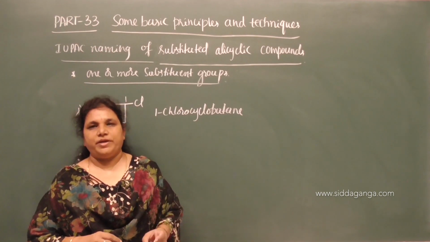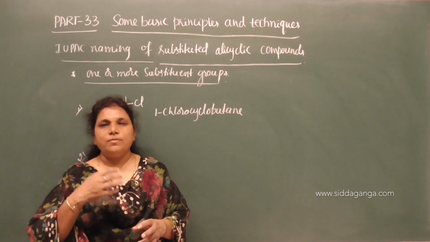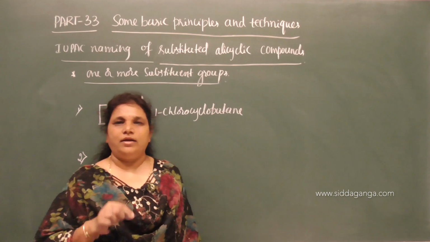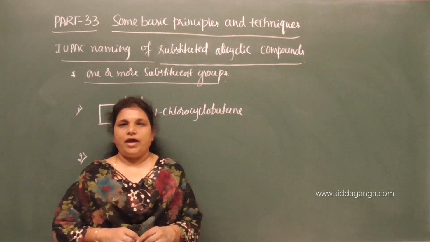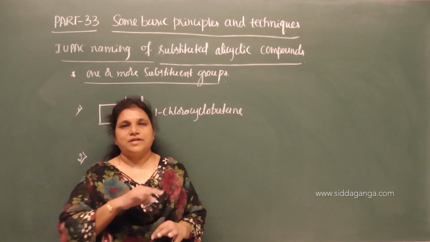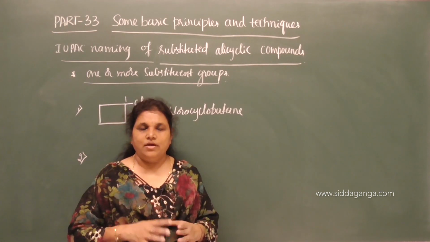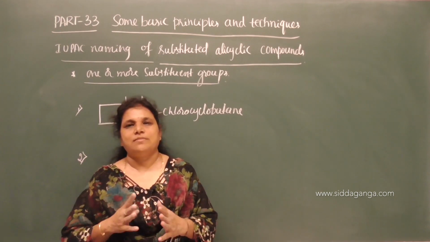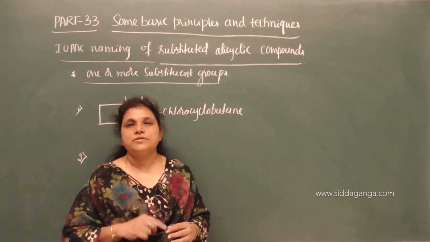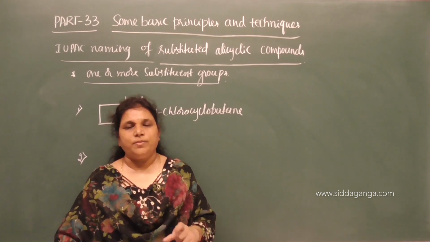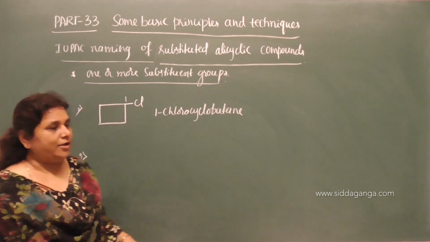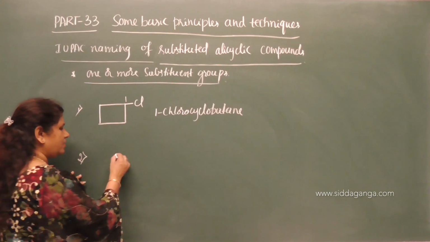So when there are 2 or more substituent groups, we assign locants. While assigning the locants we have to consider the lowest sum rule, and at the same time, if the sum of the locants remains the same whichever side we number from, then the lowest possible number is assigned to that group which comes first in alphabetical order. Clear? Now let me give a second example for this.